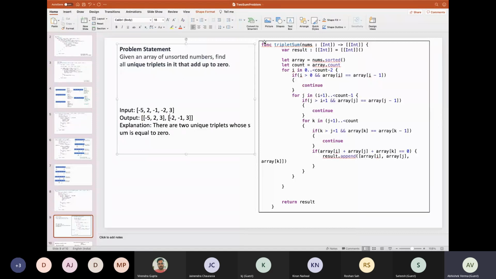So let's discuss what the naive solution for this will be. If we see this question straightforwardly, what comes to our mind and how can we approach it? If anybody has any suggestion, they can pitch in.